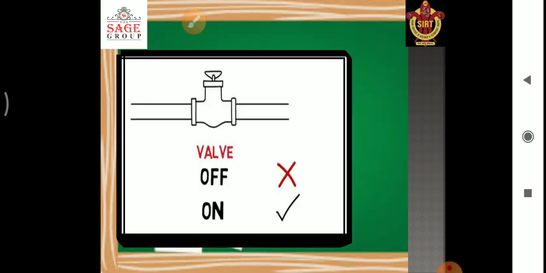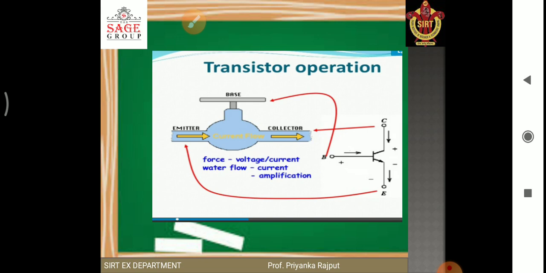Now, one example relating the emitter, base and collector, from this diagram. If we open the knob of the tap, current will flow. Similarly, the base is the tap knob, the emitter is where the water comes from, and the collector is where we collect the water. So we relate emitter, base and collector with the tap.